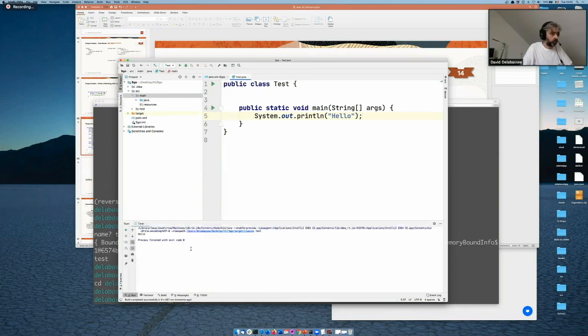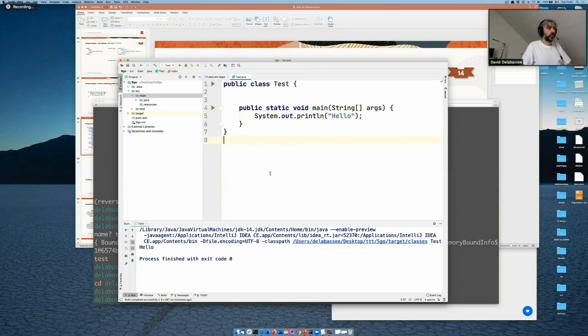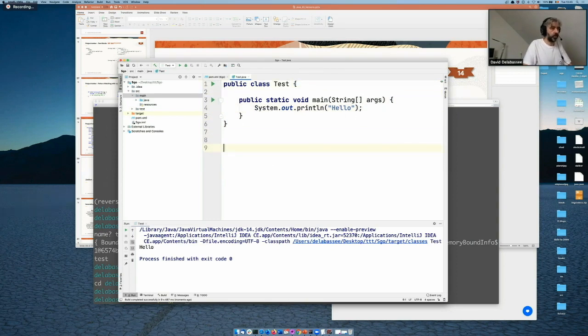Okay, yeah, it works. So the first thing that I'm going to show you is records. Let's create a record. Let's say that we want to create a record for a person, and a person has a name and a first name. And that's it. It's all we have to do.